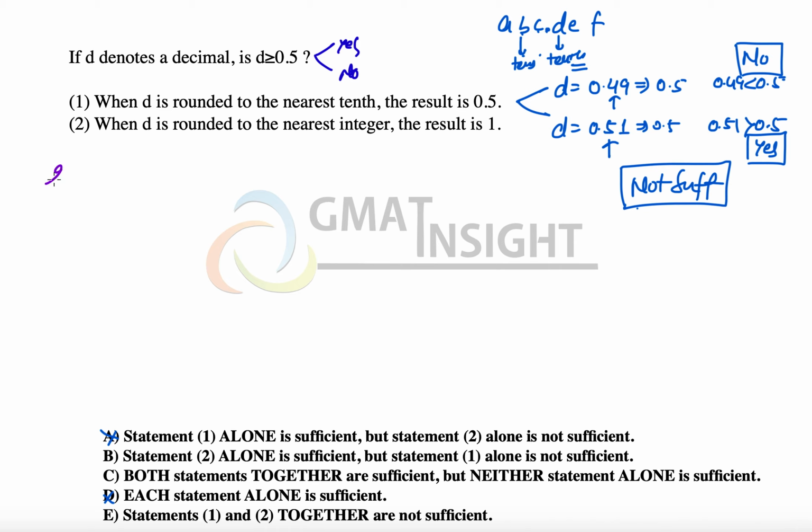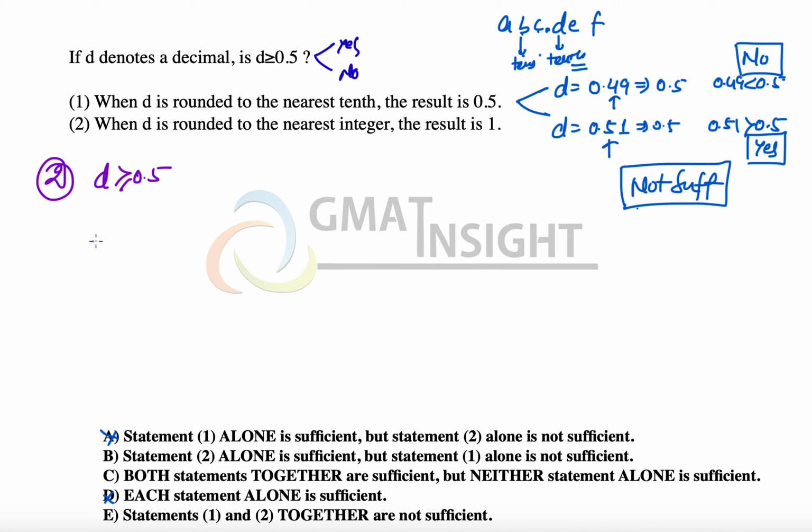The second statement says that when d is rounded to the nearest integer, the result is 1. That is possible only if d is greater than or equal to 0.5, because the nearest integer of a value such as 0.49999 will be equal to 0. Since the nearest integer of the result is 1, d can be any value which is greater than or